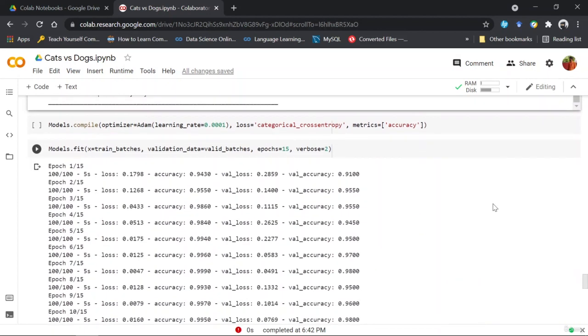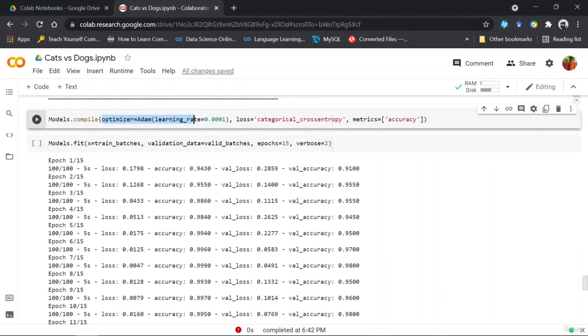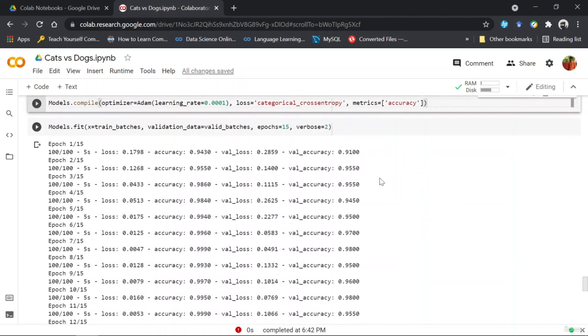One thing to notice is that we had the same settings for compiling both the model we made and MobileNet. But the time that one took was much more than what MobileNet is taking. It's only taking 5 to 6 seconds to go over one epoch with the same size of dataset. But the accuracy is very high.